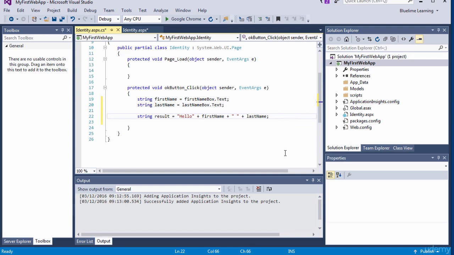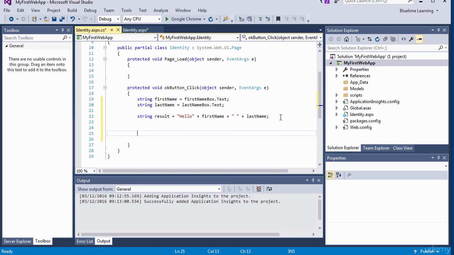So what should happen in the text box, if you input your first name, your last name, and click on the button, it should say hello, your first name and your last name. If your name is Joe Blog, it should say hello, Joe Blogs. That's what that is. So we've got our code here set up. The final thing we need to do is to